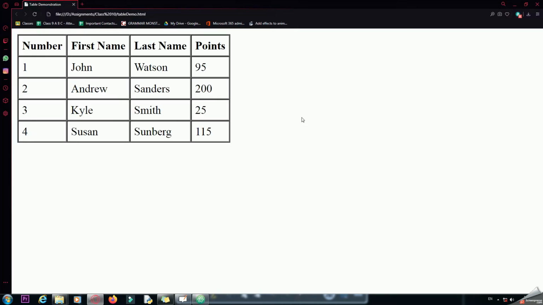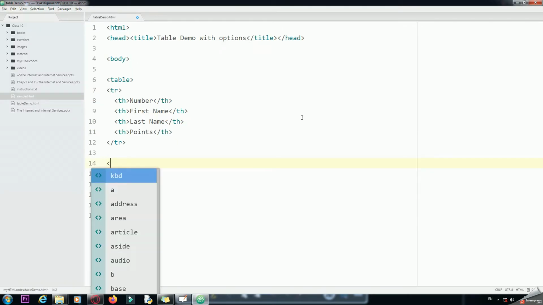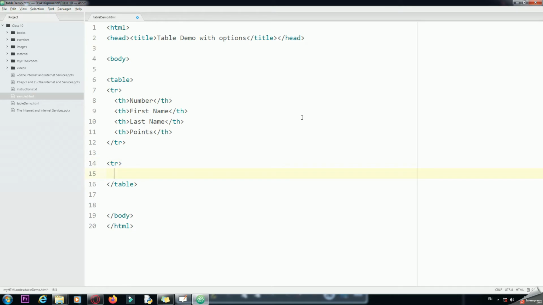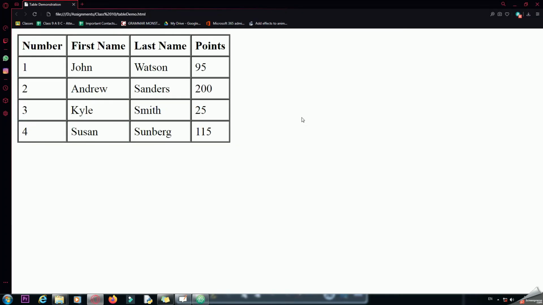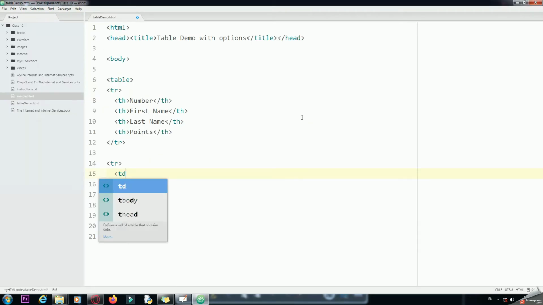After this, you can see there are 4 records, so we are going to create those record styles here. Within each row we have 4 different records, so I'm going to type the first record.